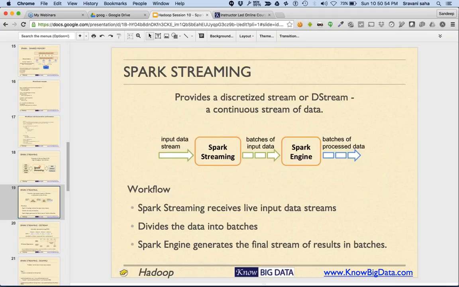Essentially, Spark Streaming is a library on top of Spark, and that library is called DStream. And what does it do? It does a very clever and simple thing. For every second of data, it creates an RDD, and on top of that RDD, it keeps on executing your functions. That second could be 2 seconds, 5 seconds, or anything. It's called the window size.